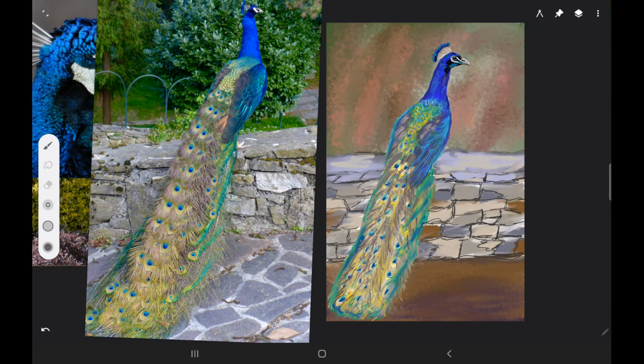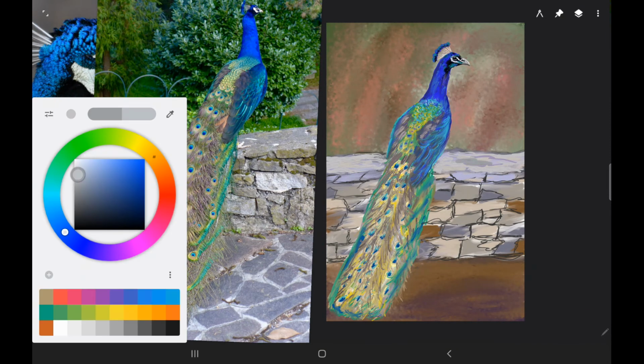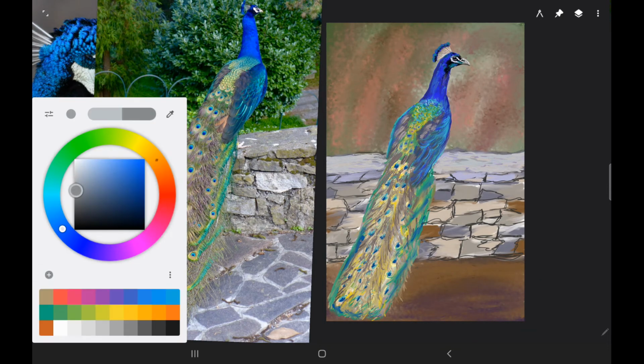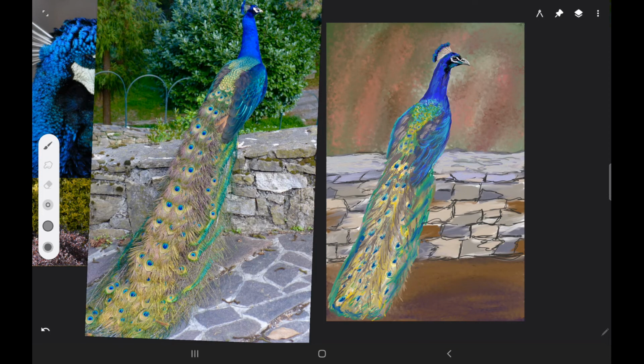And here I just want to make irregular shapes. Make sure that your rocks look irregular. As you can see in the photo reference, they're all different shapes, different sizes, and different colors as well. And that just gives more interest to your rock wall, and it doesn't look boring and bland,